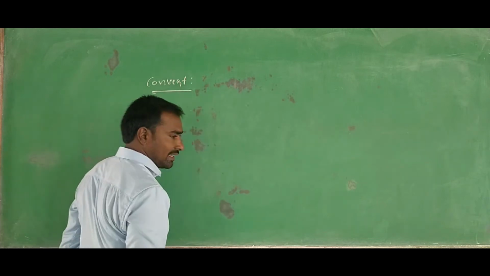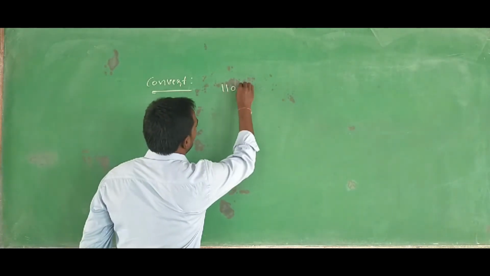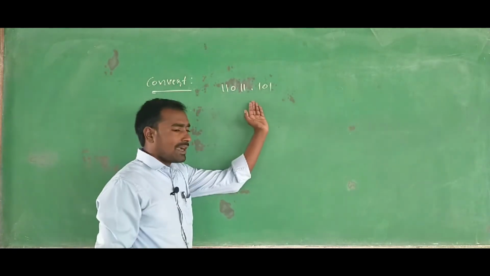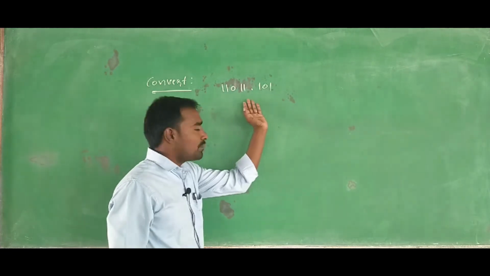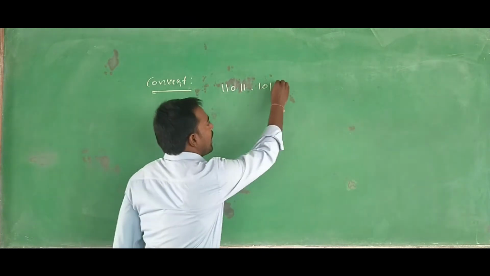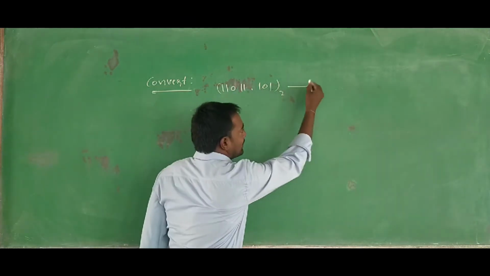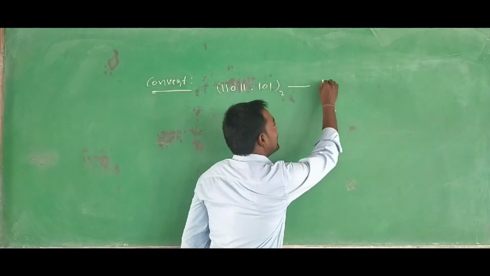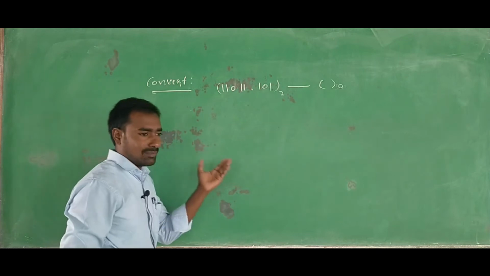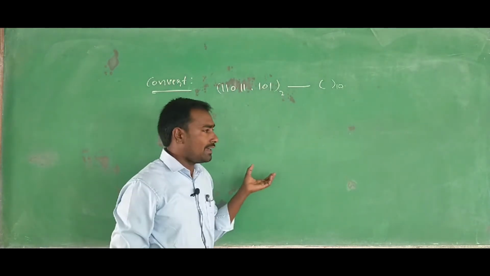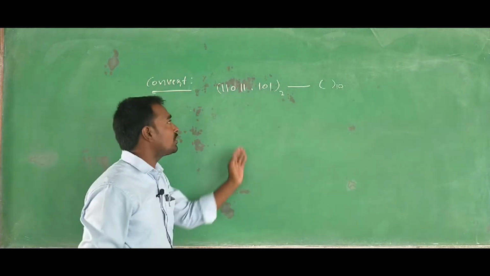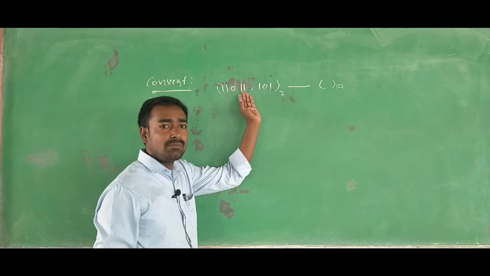I am taking the binary number 11011.101. These are binary digits having the base or radix of 2, and this binary number will be converted into a decimal number having the base of 10. The binary, decimal, octal, and hexadecimal systems are all positional number systems, because each digit represents some position.